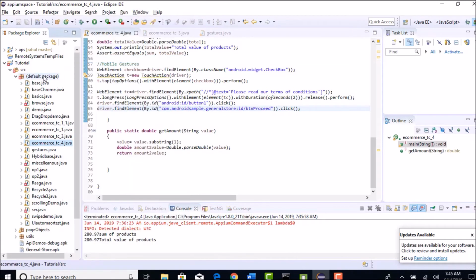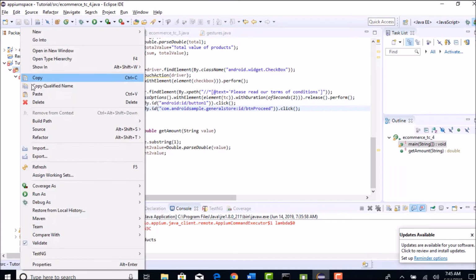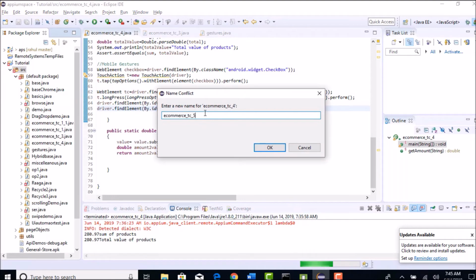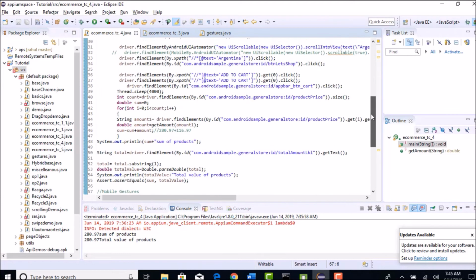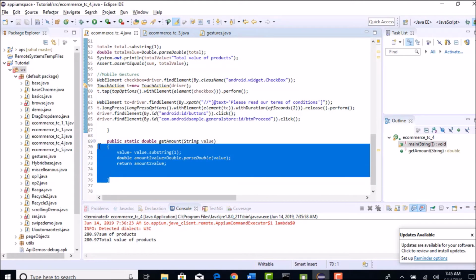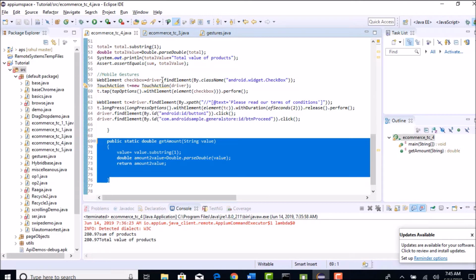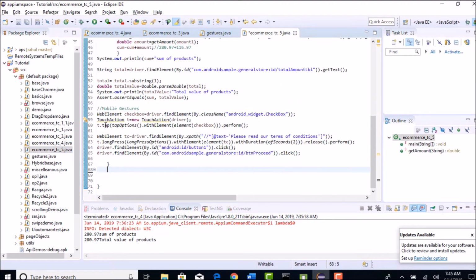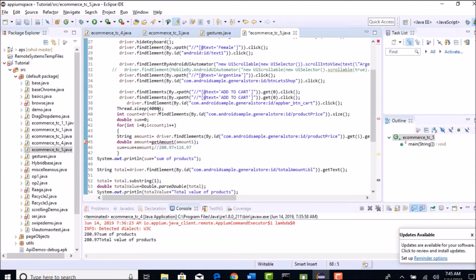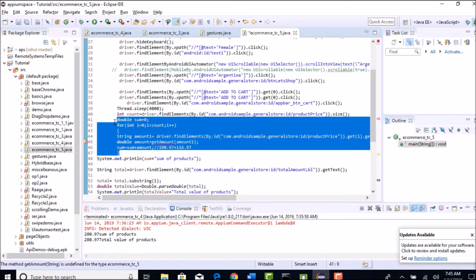So let me create one more class. Okay, so I'll remove all this calculation code. Oh, not this one, the fifth one. This is no more required because we are not summing up anything here.